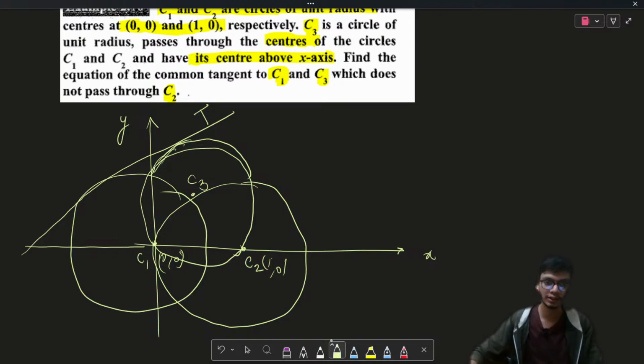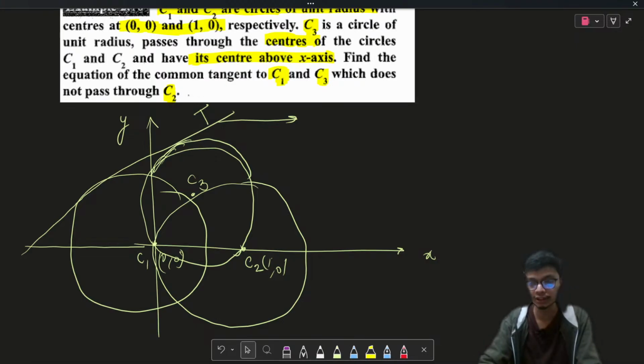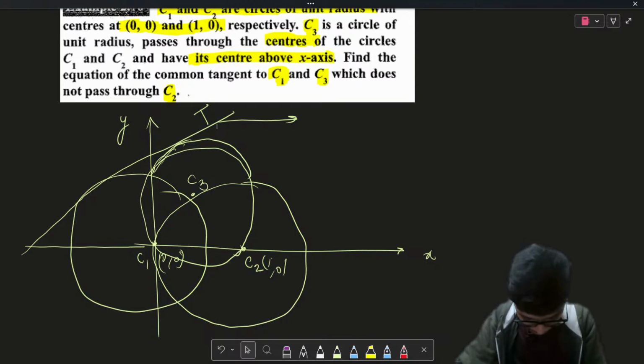So this line equation is basically this particular line T. That we have to find out. So how are we going to solve this problem? Let us try to understand. Right, this is again a question of family of circles. What we can observe is that,